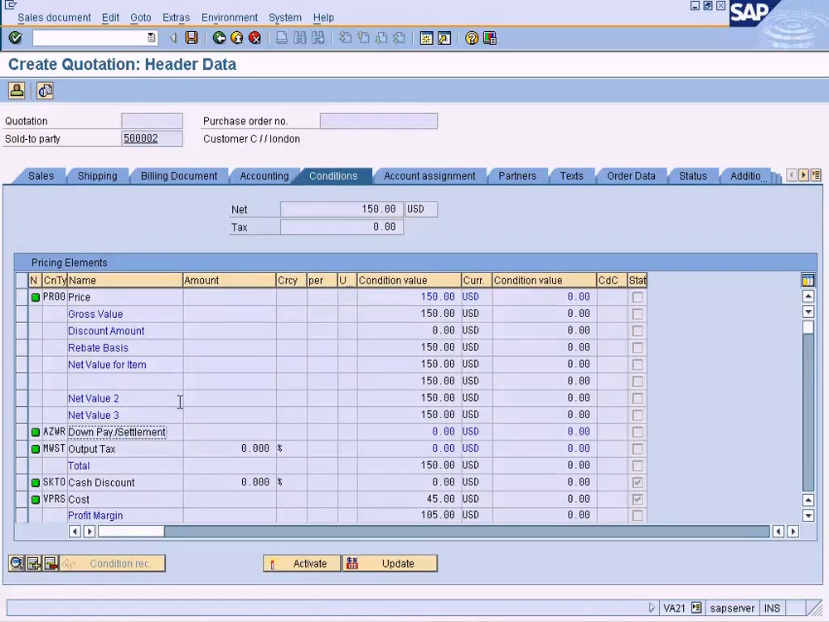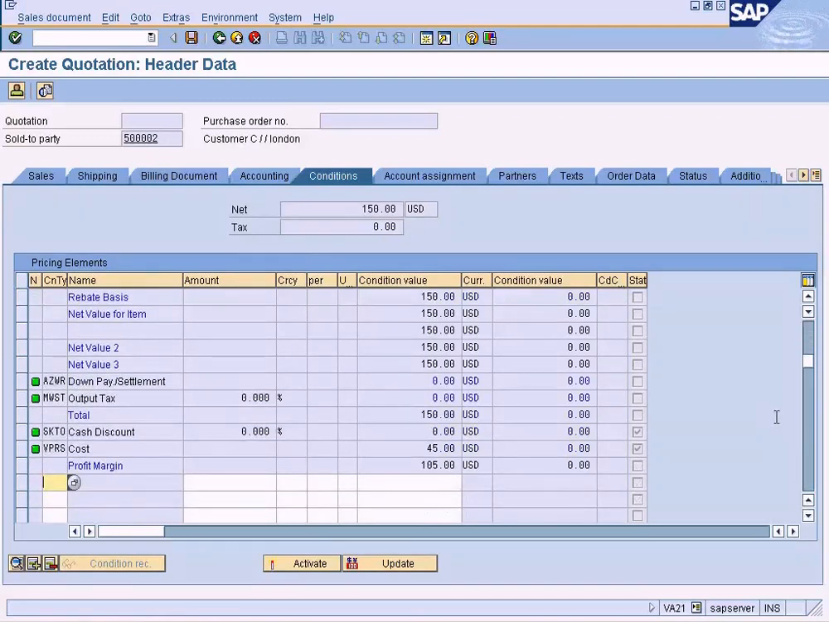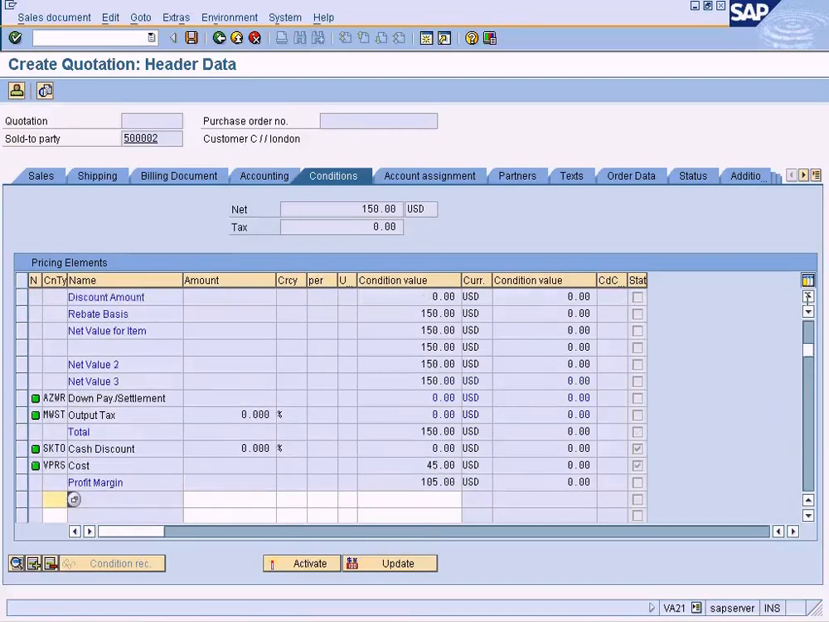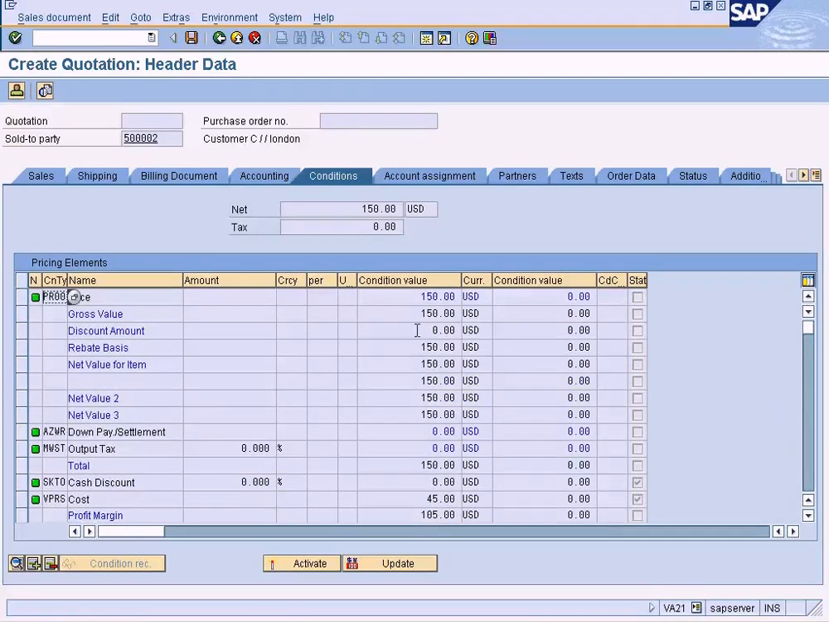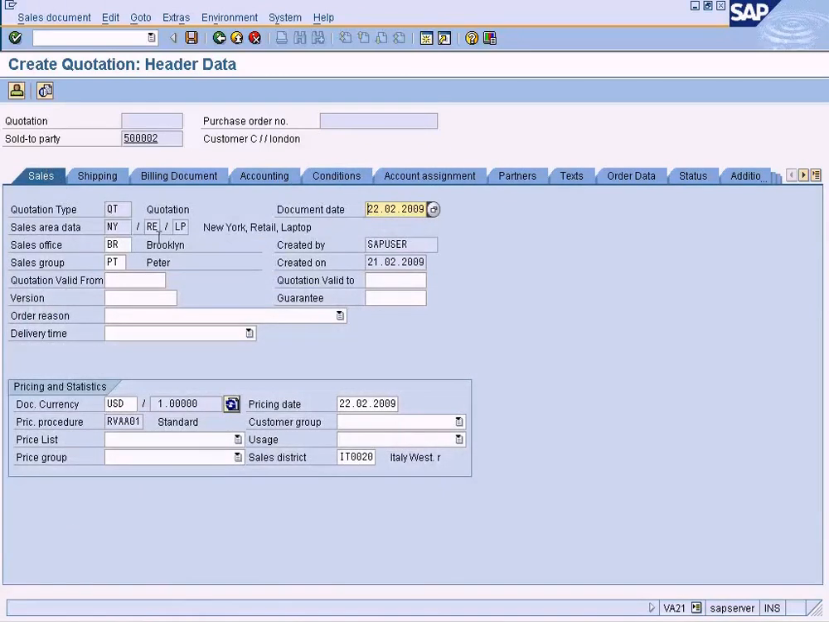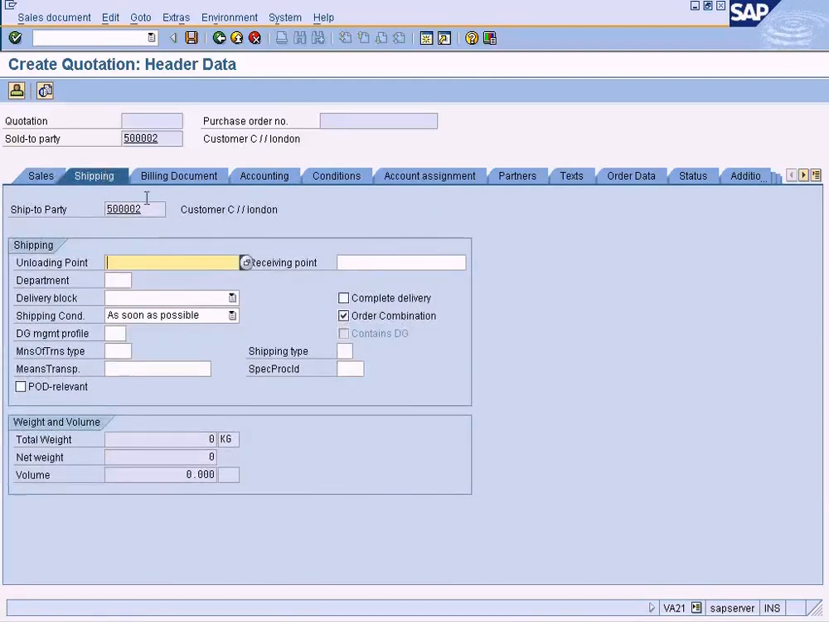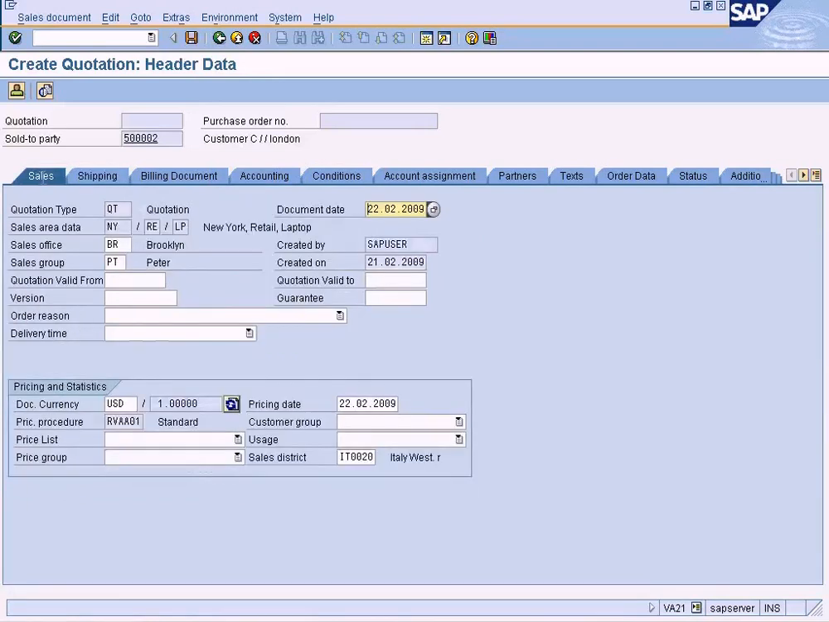Need to go to conditions. Oh, down payment settlement. I think we are not using this, so we can ignore it for a moment. So all are good. I think it's good to save. Let me explain this to you now. Our order quantity is 15. Probably I can change it to,